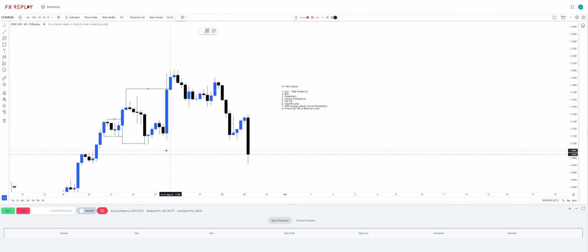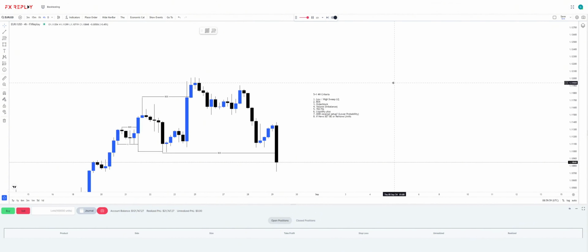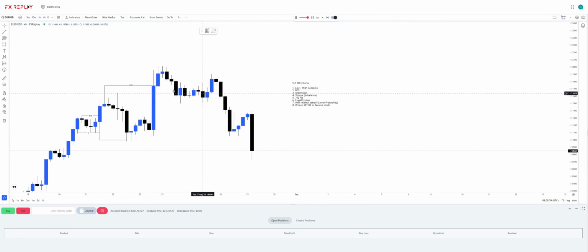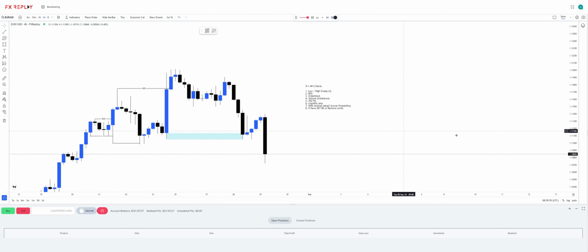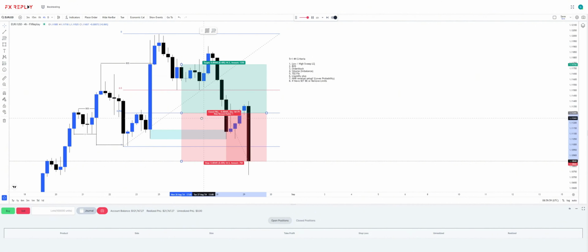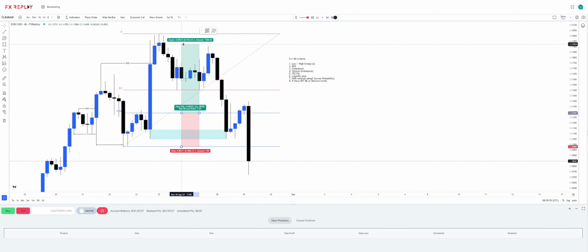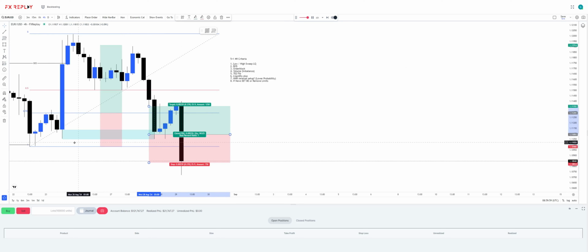So then what happened after this setup was we had this break to the downside here. Then what happened here was we had this sweep of this strong low, this break to the upside. We had this wick zone here as well. This was also a setup that I took live from this strong low to high. We had entry on the fib, and I took 1% risk, normal risk here, because we had quite nice liquidity, middle of nowhere reversal. This was the fib, that was a loss, and then this was the 50% wick zone that we refined